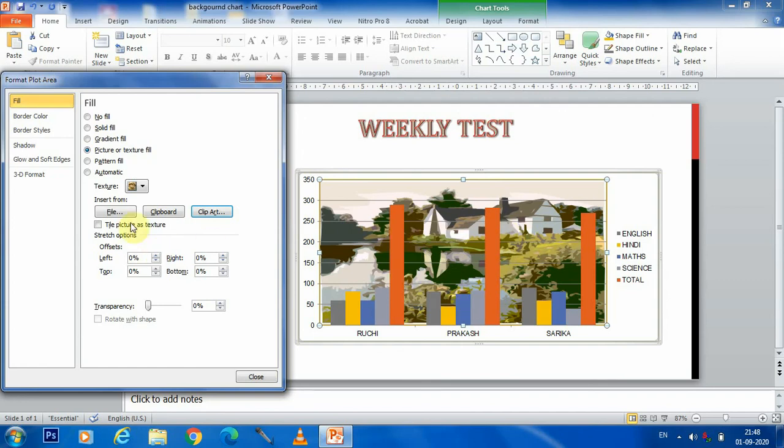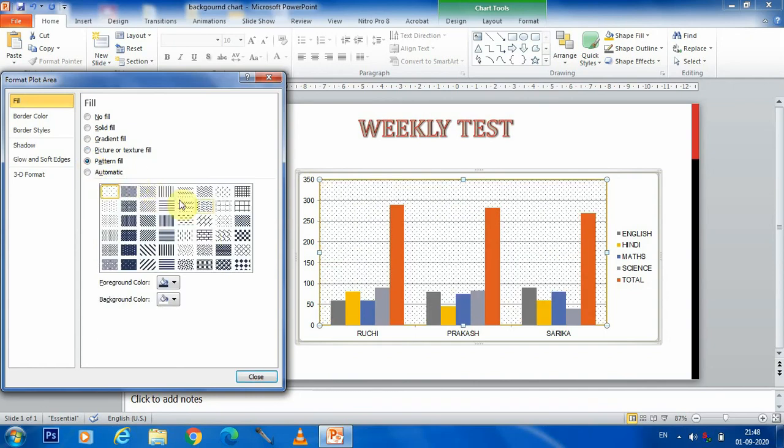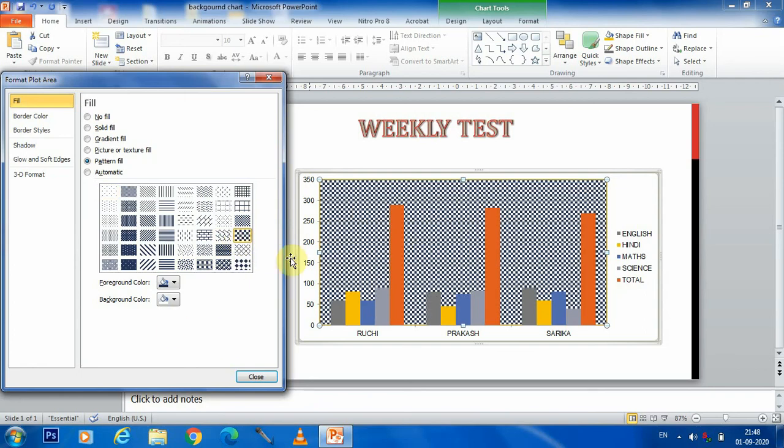Okay students, now I'm coming to the next one, pattern fill. In pattern fill you can see so many patterns have been given, so I am choosing any one of them. So I'm choosing this one. You can see it is providing the facility that we can change its foreground color and background color.